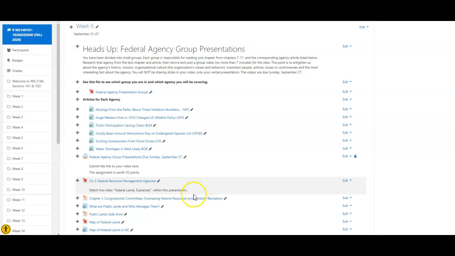Okay, so take a look at that article. And then this is a short slideshow that I put together of some of my favorite federal lands, public lands that I have visited, and